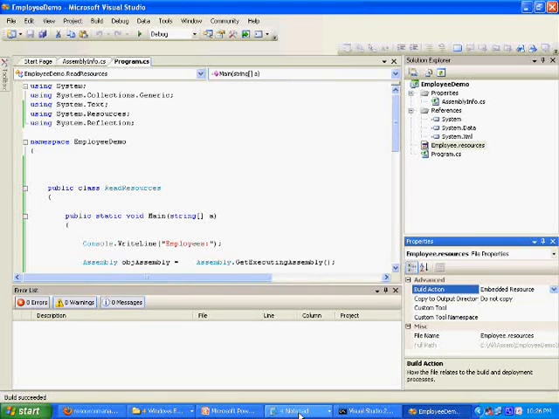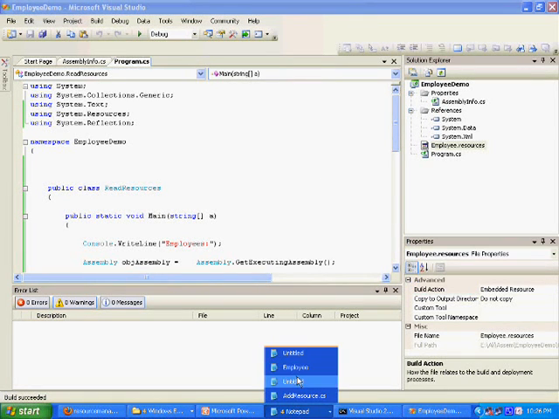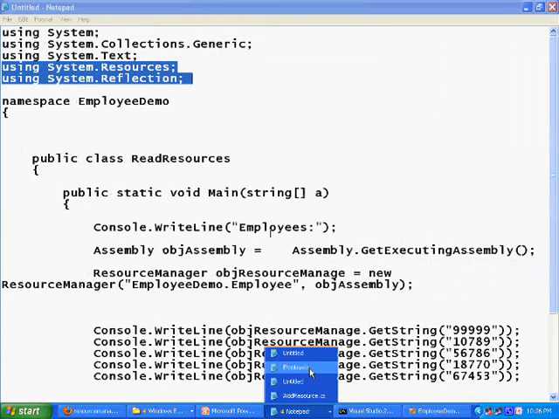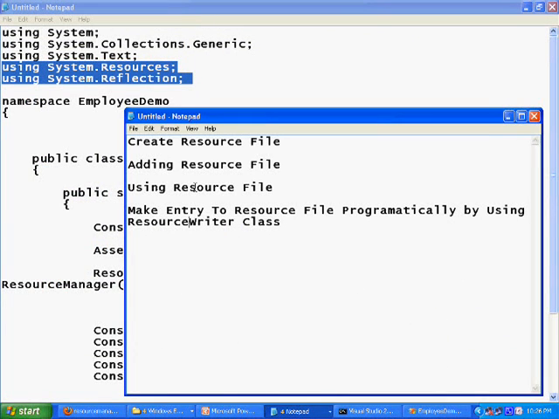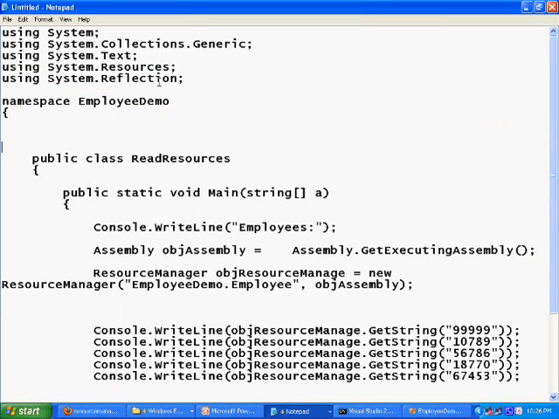So now we see how to use the resources file, or get the information of the resources file. So you see this program. For that we have to get the reference of the assembly by using Assembly. We create an assembly object